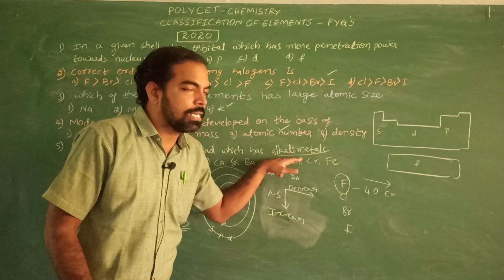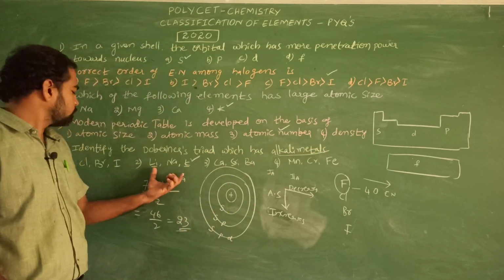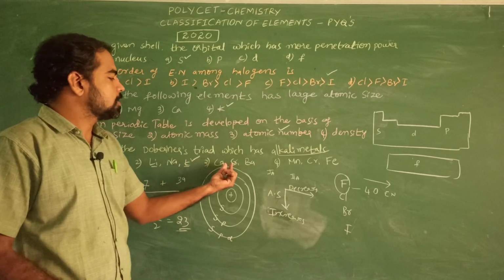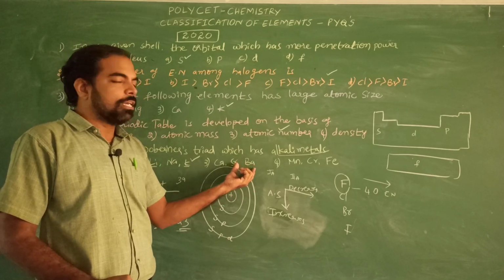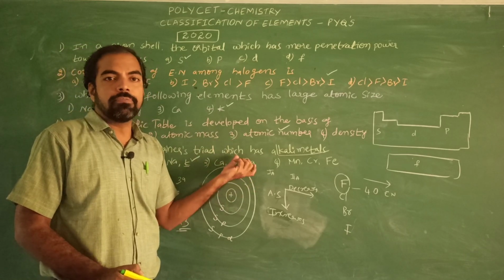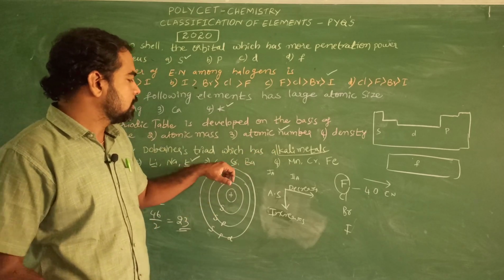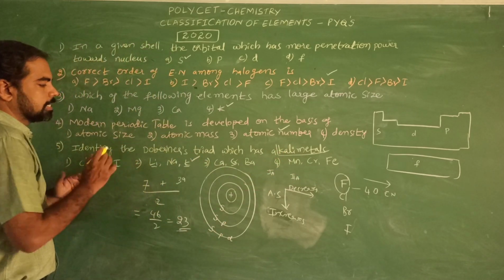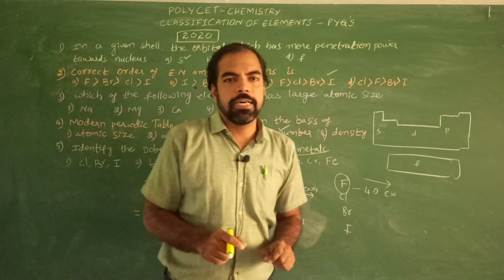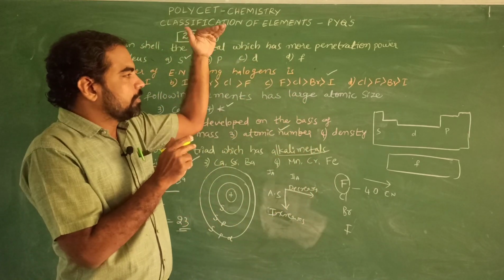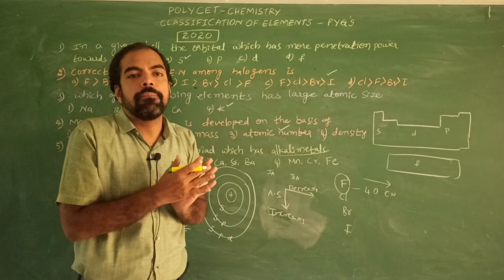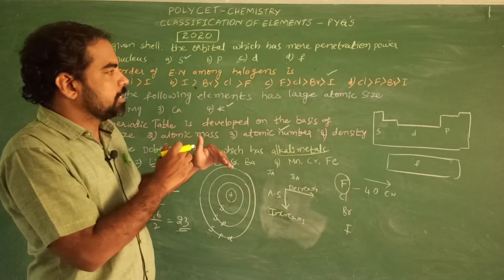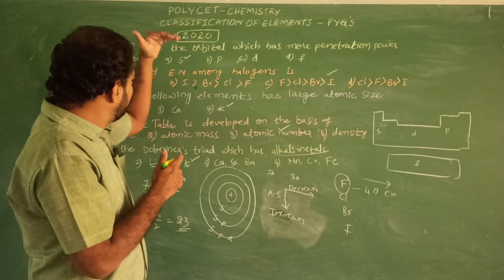Here the alkali metals are asked. Here these are alkali metals. Whereas chlorine, bromine, iodine also form a Dobereiner triad, but these are not alkali metals. Calcium, strontium, barium also form a Dobereiner triad, but do not belong to alkali metals. Here these are alkaline earth metals. Here these are not Dobereiner triad. So the option is second one. Okay students, in this chapter read carefully the classification of elements, and the second part is very important, periodic properties. From periodic properties, at least 3 to 4 questions will be asked every year.